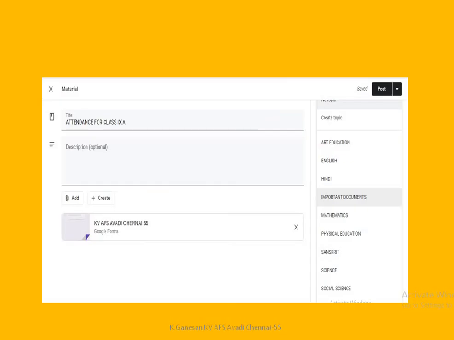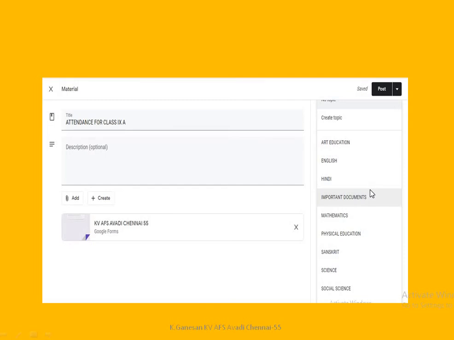Then you can see that the attendance is coming and sitting here, and where it should be visible. You already have topics and subjects. Therefore, I already told you to have these headings, like important documents. I don't want to mix it up with English or Hindi or maths. Therefore I have a special heading or topic, Important. If it is not created, you can create it. Otherwise you can leave it open at the top, and it will always be at the top. It is a good practice to arrange it in topics so that students will not find it difficult.